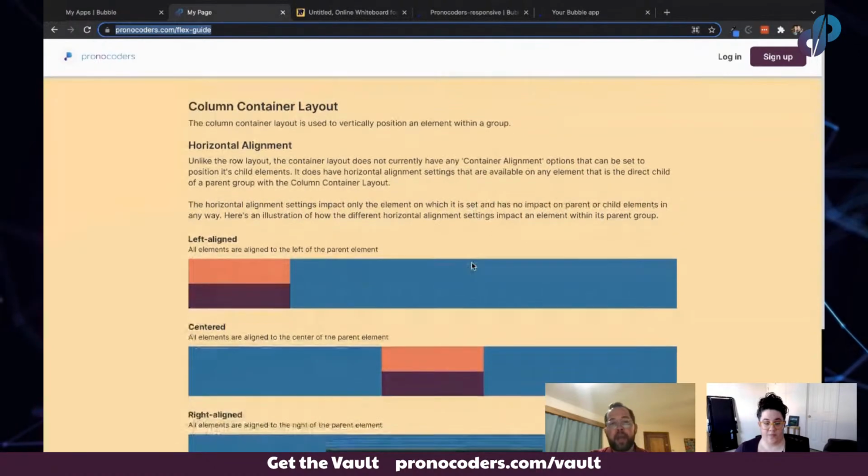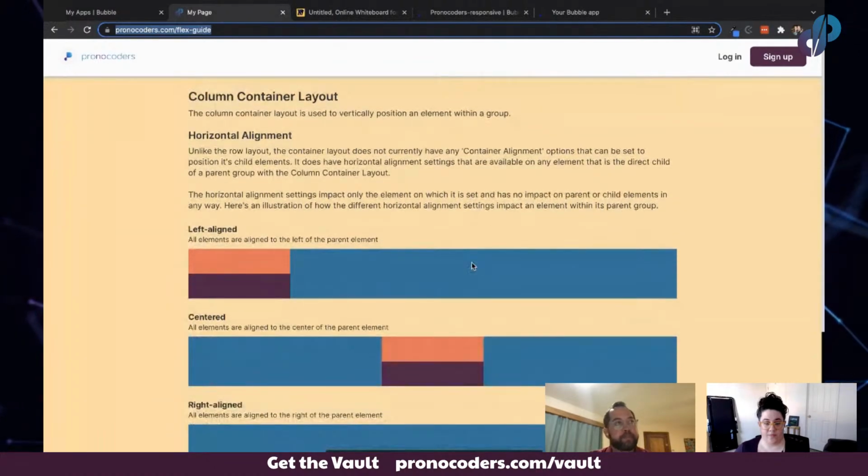So, the column container layout. This is a little different because there are some options in actual Flexbox that you have here. In Bubble, those are not available at the container level. So where in the row layout we have the container alignments that impact all the children of that group, the column container does not have that option. However, any element inside a group that has the column layout set will have the ability to set a